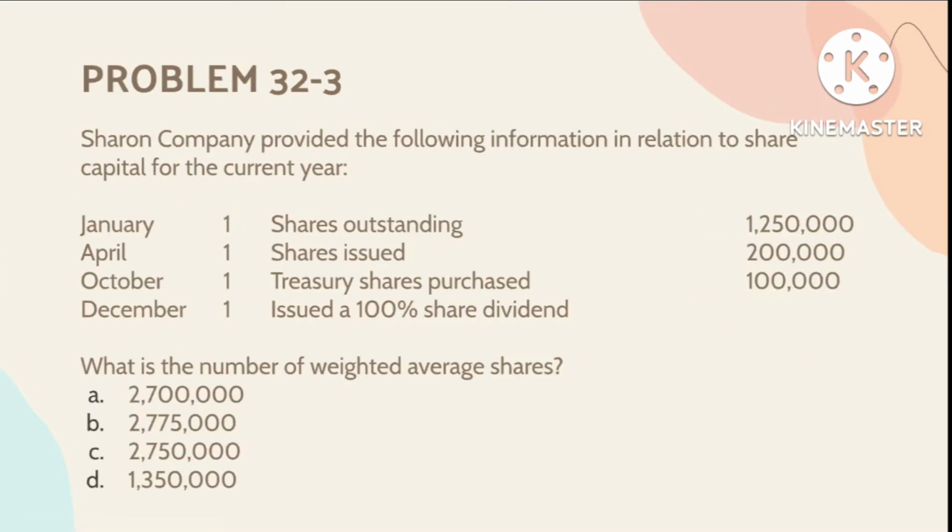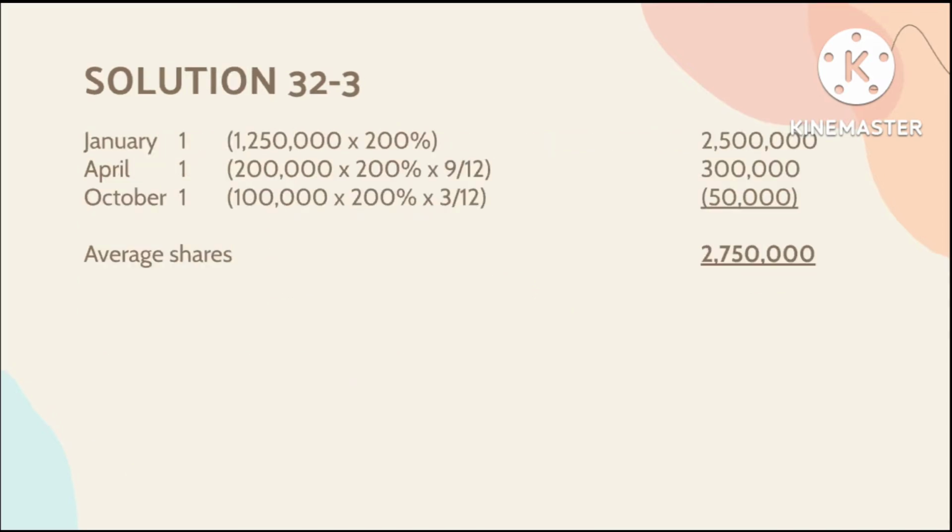For problem 32-3, Sharon Company provided the following information in relation to share capital for the current year. What is being asked here is, what is the number of weighted average shares? A. 2,700,000, B. 2,775,000, C. 2,750,000, and D. 1,350,000. The correct answer for problem 32-3 is letter C,